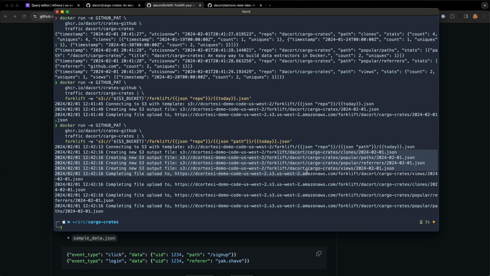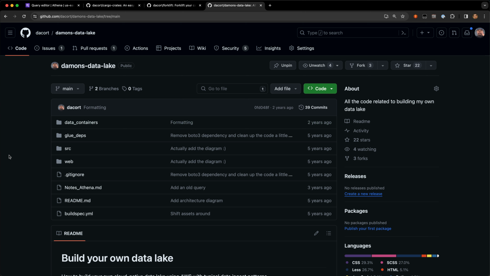So what I also have is my data lake here. And this is a CDK stack, and all this does, it deploys a Glue crawler for that JSON data, and it also deploys a set of ECS containers that run these data containers on a daily basis. So if I hop into my data containers there and look at that, you can see I'm just creating a bunch of different tasks here. So these are all scheduled tasks. So I've got GitHub traffic and releases and YouTube videos and channels. And if I look at the GitHub traffic, for example, you can see these are all the repos that I wanted to monitor. And then this is the scheduled task.